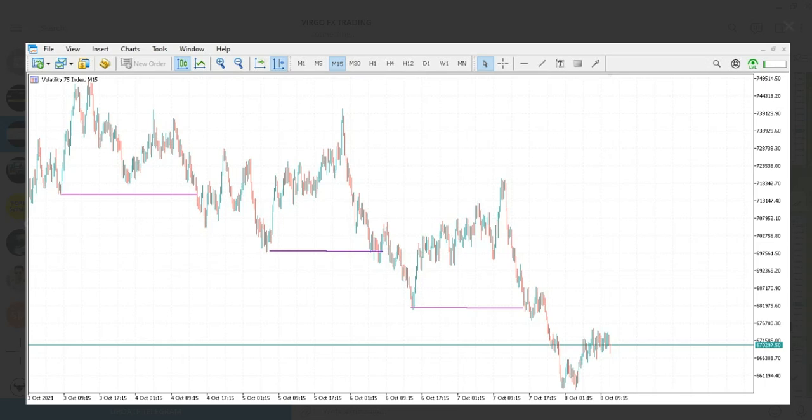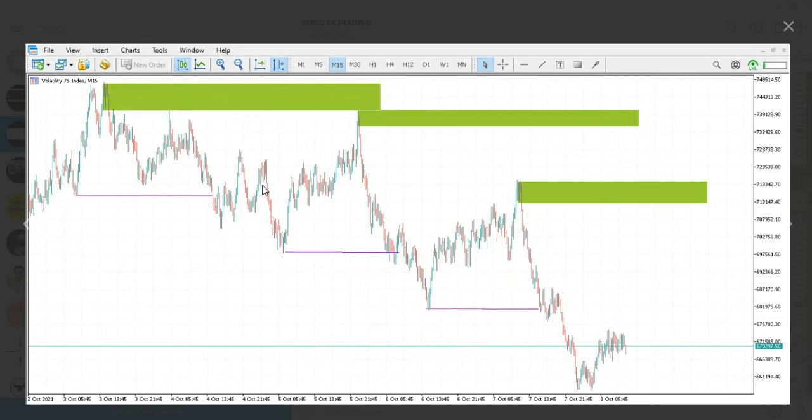After the break of market structure, we always look for an order block. So therefore, we have to look for an order block on this structure, on this structure, and on this structure. Let's see, and then here we are. We highlighted them: the last up candle prior to the move down that broke the structure.